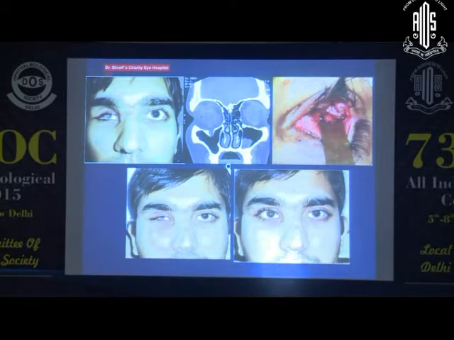Last but not the least, there will be some situations, for example like this, post-traumatic phthisis cases where we tend to do the surgery, and sometimes we tend to oversee that there might be some orbital fracture. So just replacing the volume by removing the eye might not be adequate. We have to take care of the orbital volume expansion also, which happens because of the fracture, and that can be filled up by using an alloplastic implant. We used bone graft for this patient, which can ultimately give a good volume replacement.